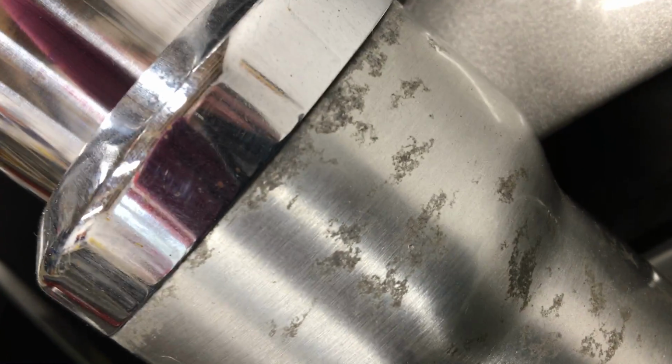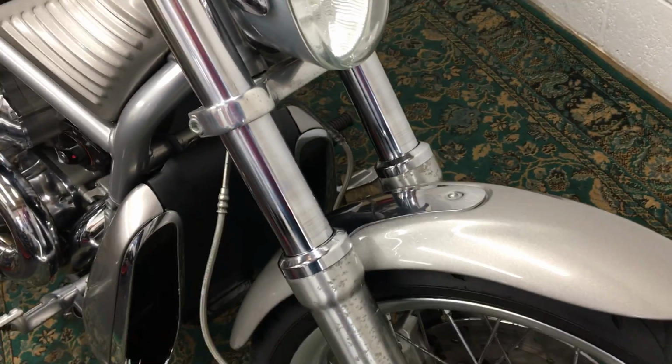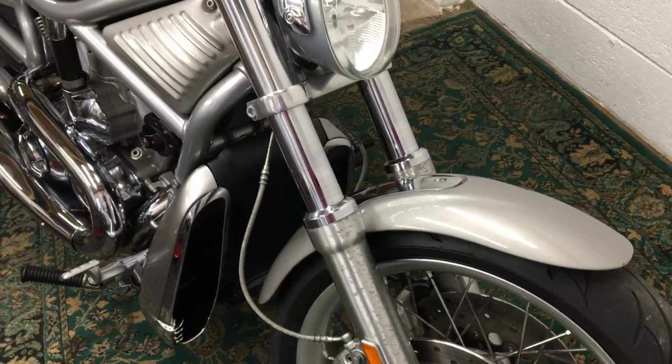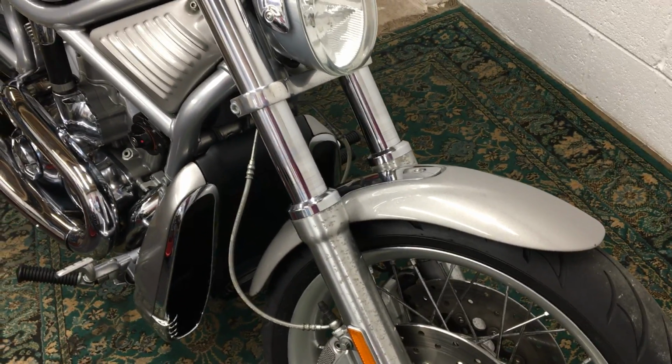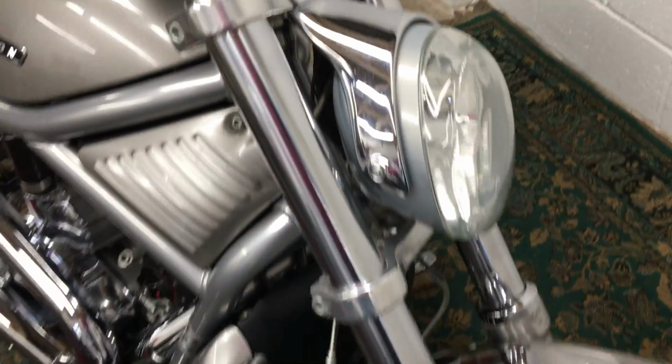So the worst thing about this bike is this light lacquer peel back off the lacquered leg stanchions. I mean, there isn't any sign of any of this anywhere else, it's just here. And you see it on Triumphs as well. It's where they lacquer it and then you get a bug or a stone chip or something, just a tiny bit of grit gets under it and it just starts to open up, sadly. But the rest of it is bright and clean, all the chrome's good, and there isn't any corrosion on this